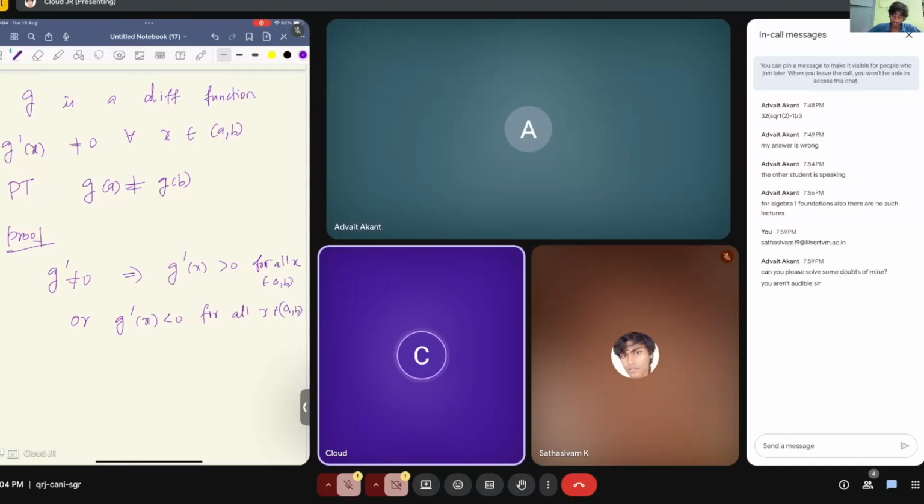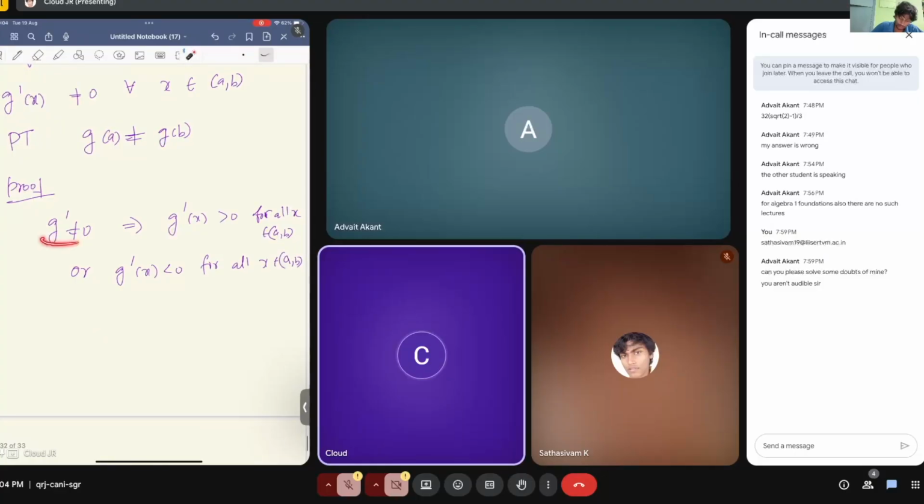Because if it is not for all x belongs to a b, that means there exist 2 points. So you proceed like that. You assume this, and you want to prove this statement is true, right? So this is the or statement, and you want to prove an or statement is true. If you want to prove an or statement is true, one easy way is to assume one of them is wrong, and then you prove the other one is true. Okay, let's assume that this is false. Now you want to prove this is true. Let's say this is not true. That means g of x is